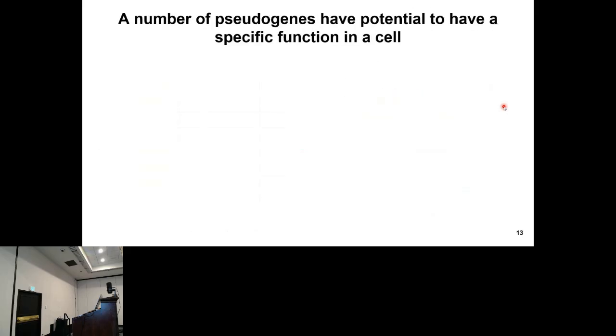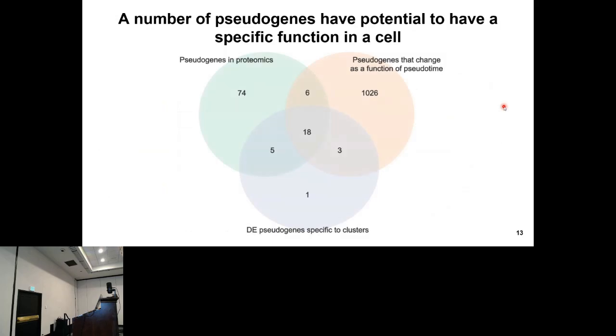So to summarize all the major findings, I want to draw your attention to these Venn diagrams. Among the 21 pseudogenes which were differentially expressed in particular cell types and which were changing as a function of pseudotime, meaning that they were specific to cell states, 18 were also confidently detected in proteomics data, meaning that they had potential to be also translated and not only transcribed. It's worth noting that of those 18 pseudogenic proteins, 1 was detected according to HPP guidelines, and it was